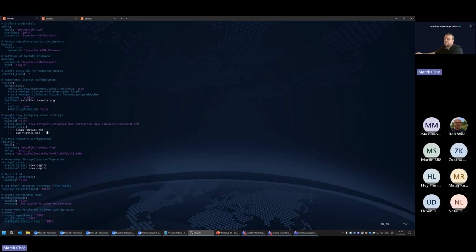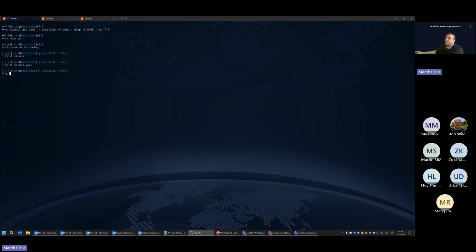For demo purposes, I do not turn on the Google Play integrity. Also, I do not turn on the AI integration, and also I'm not using the MariaDB cluster, but only a single node in this case.